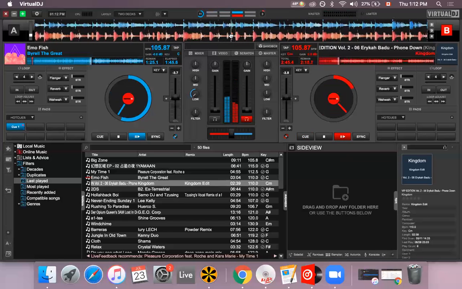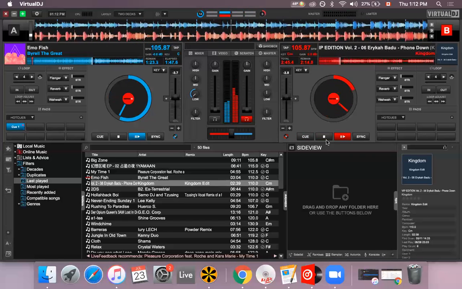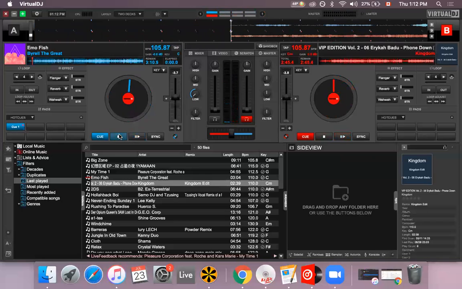So basically, that was not a good mix. But what you want to be doing is looking here at this wheel. You want to be seeing what number and what spot on the wheel the color is, because when the color is on